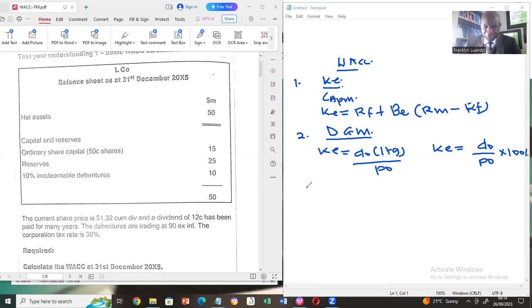Number three, we have the cost of debt. Cost of debt is denoted by KD. Now, the cost of debt depends on the type of the debt. Today, in this question, we are looking at irredeemable debt. Irredeemable debt is debt which will exist in perpetuity. So the cost of irredeemable debt is